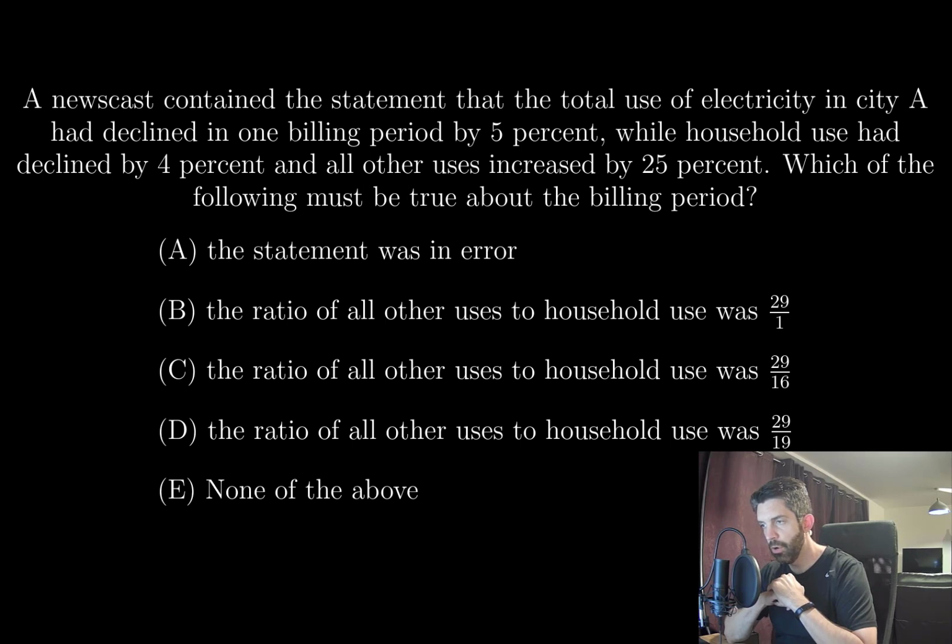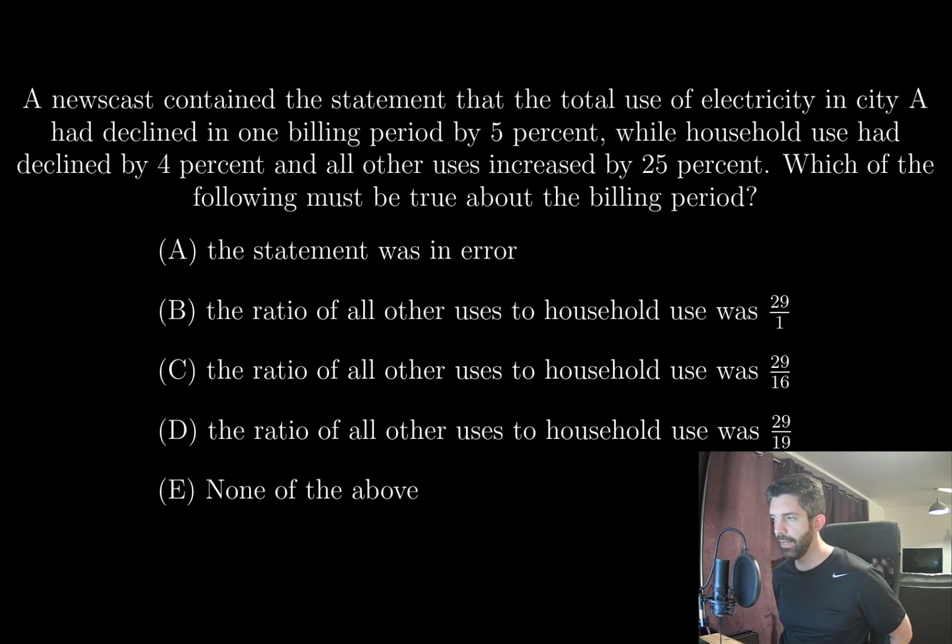The ratio of all other uses to household use was 29/1. The ratio of all other uses to household use was 29/16. And the ratio of all other uses to household use was 29/19, or none of the above. Okay, so it's not necessarily true that the statement is in error, because so